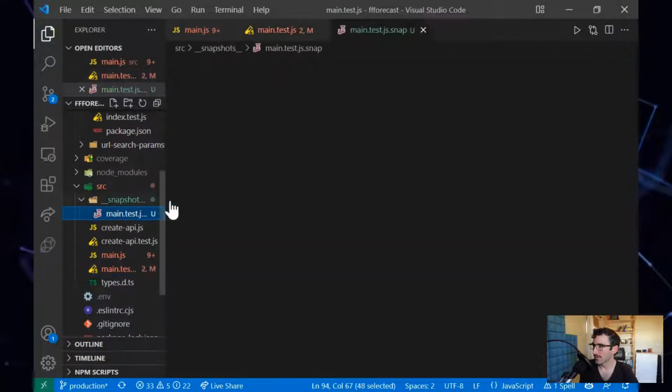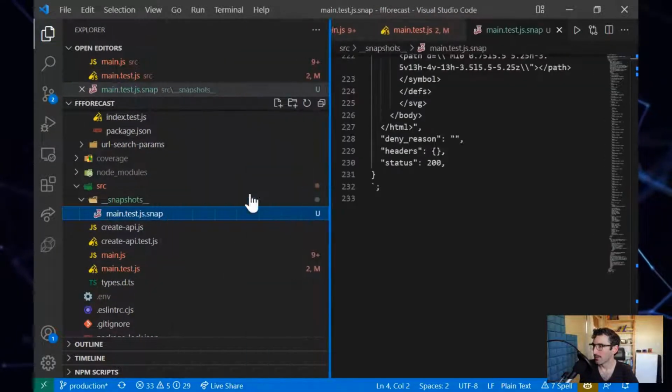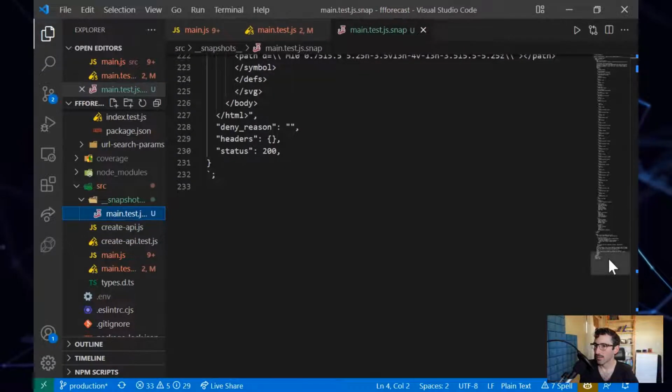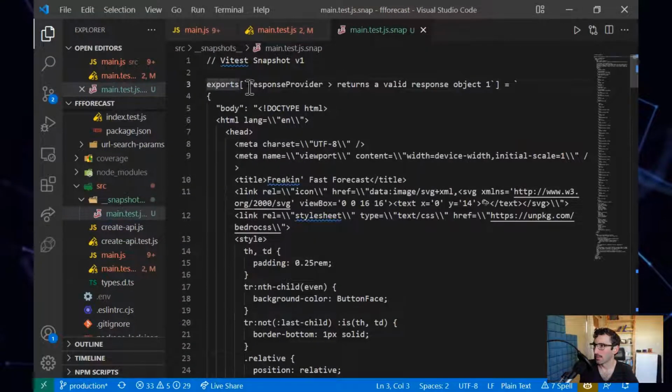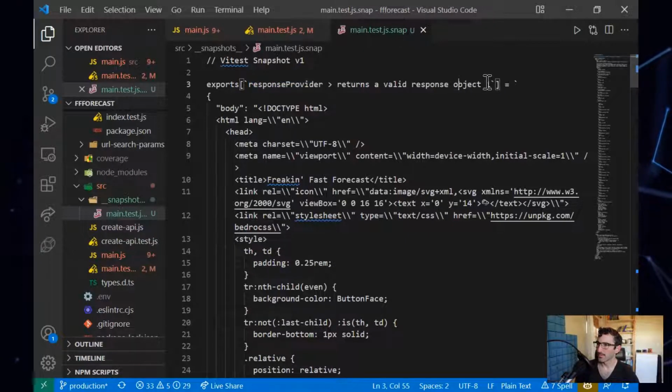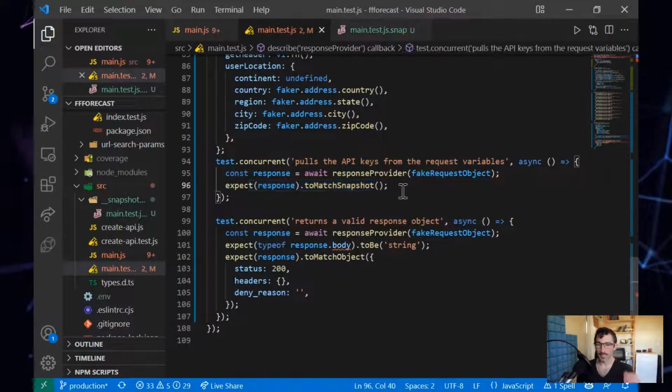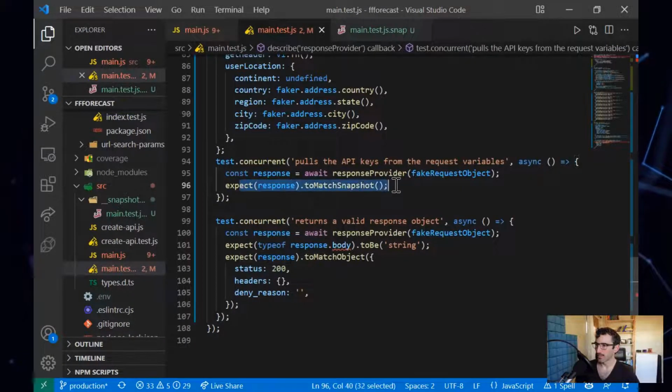So when we look at this test file, the name of the file is written in there, as well as in the code itself: explores response provider returns a valid response 1, something like that. So if we were to call toMatchSnapshot several times, it somehow tracks all of the times that we call it. And I don't know exactly what the logic is there, but